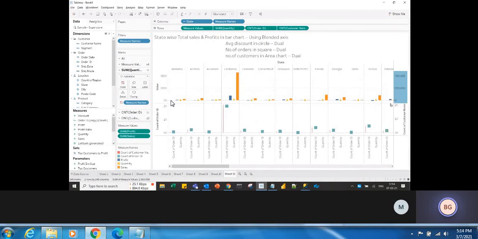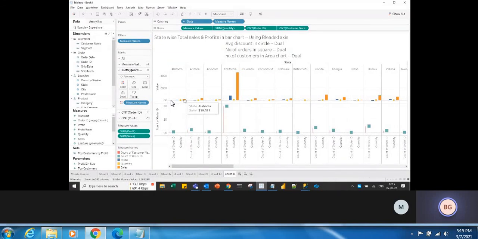Okay, see here it is also showing these values, same values, but order ID same thing. So even here we can synchronize this axis. Okay, so we can hide one side, we don't want to show it. Okay, see now what it is showing, customer count of order ID, and these values are nothing but